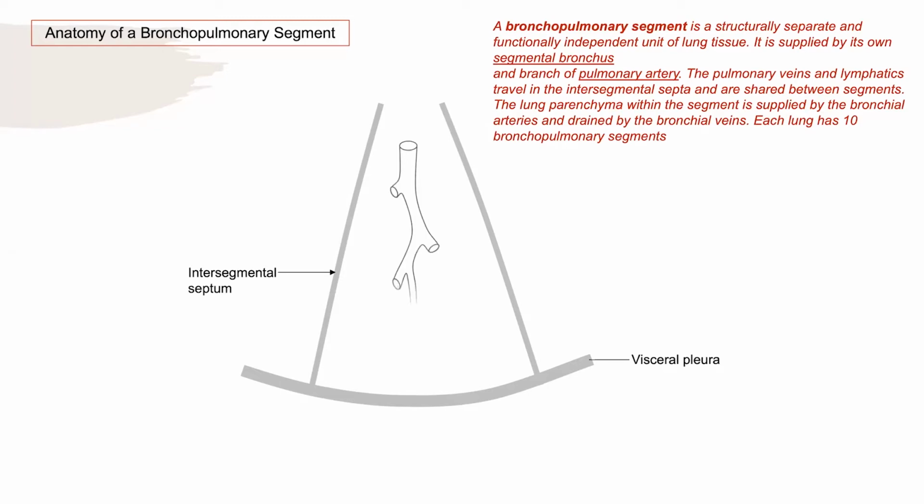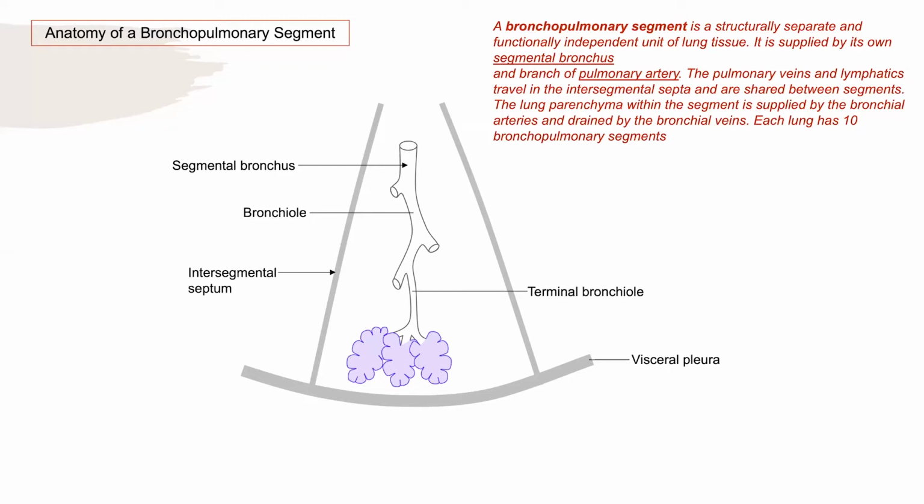Okay, guys. So now what is this structure? We all know this is the continuation of my trachea, the bronchus, and then it divides and divides and divides till it reaches its terminal part where we have gaseous exchange. So we call it segmental bronchus. And after the segmental bronchus, we have bronchioles. That becomes terminal bronchiole. And then ultimately, we have respiratory bronchioles where gaseous exchange occurs. This is occurring where? Within my respiratory tree. And then what are these? These are my alveoli, where oxygen and carbon dioxide exchange is occurring.